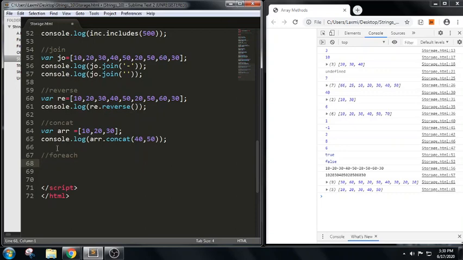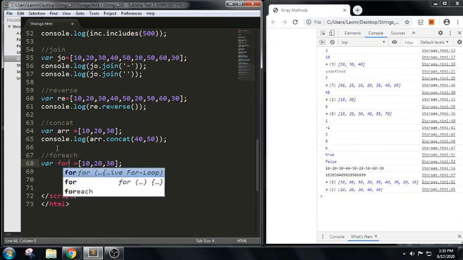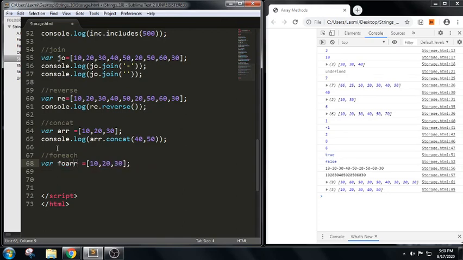Let us see an example here. Array equals 10, 20, 30. I have taken the array name in this way.